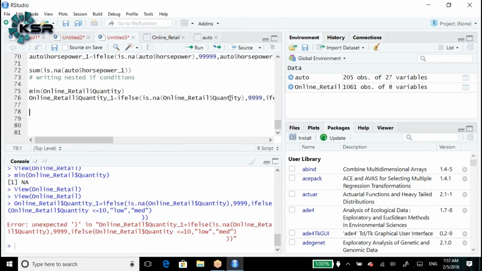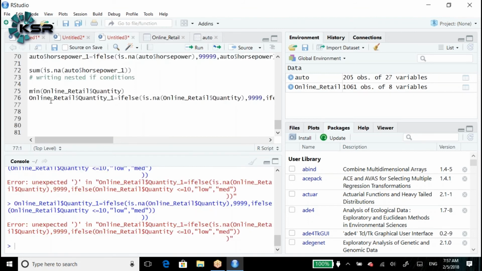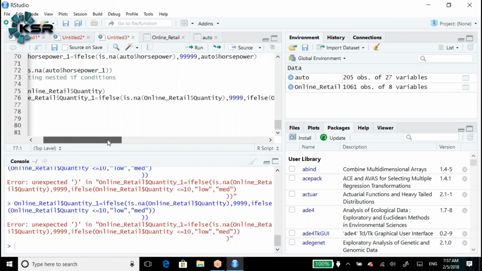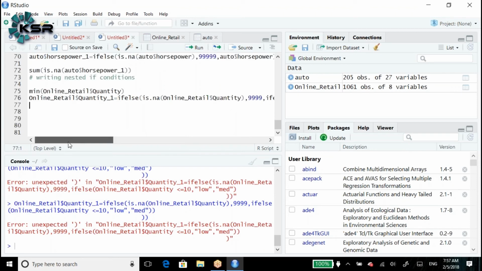Why are we getting an error? Error: expected one more symbol. We did not keep the... What is the error? Can anyone guess? Unexpected symbol.